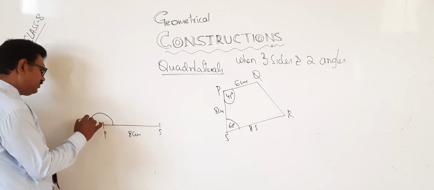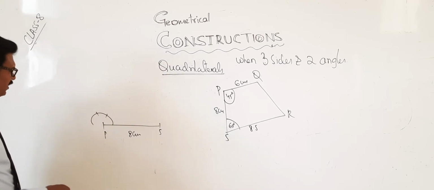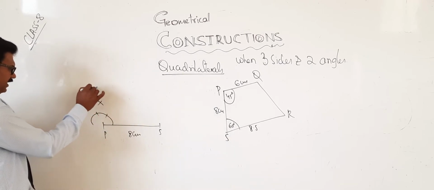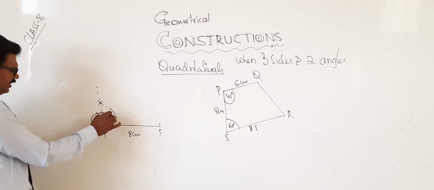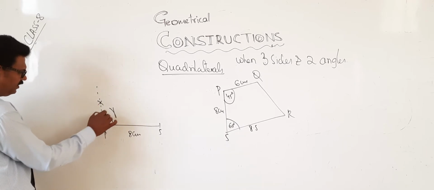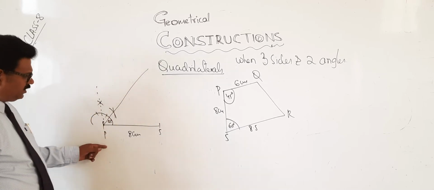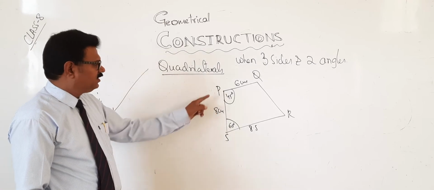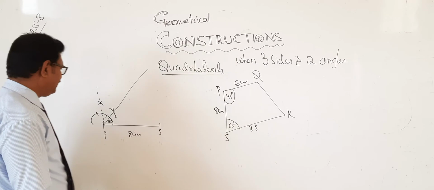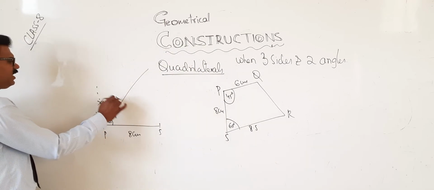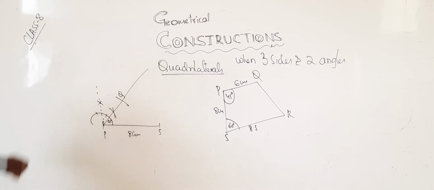45 degrees means, as I told you, first you draw a semicircle. Next cut 3 parts. Next 90 degrees. Now bisect it from here, then it will be 45 degrees. This is PS. Above P what is there? Q. How much is it? 6 centimeters. From here you cut. It is Q. Okay?